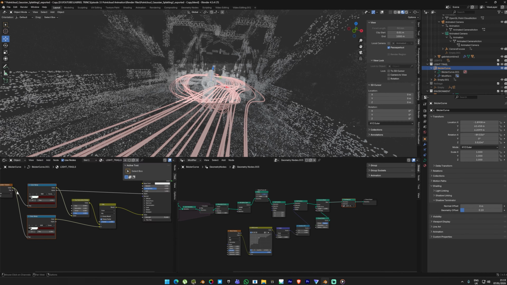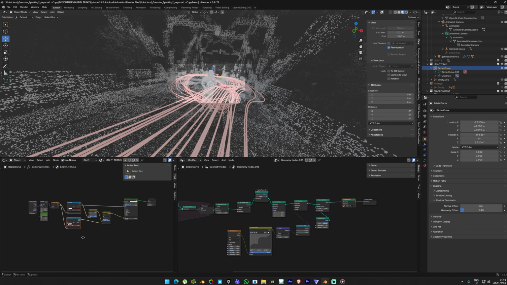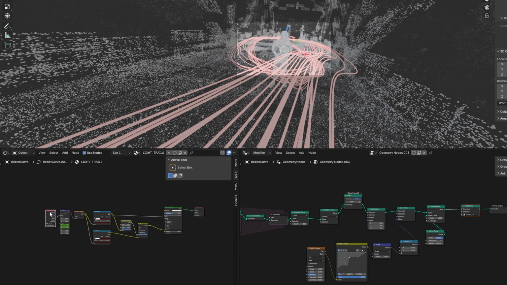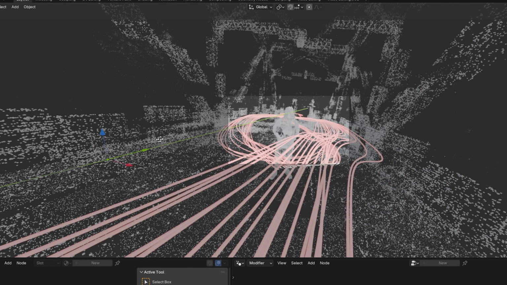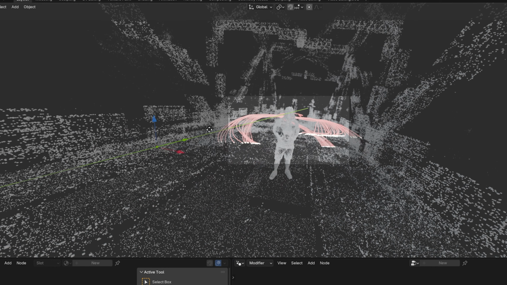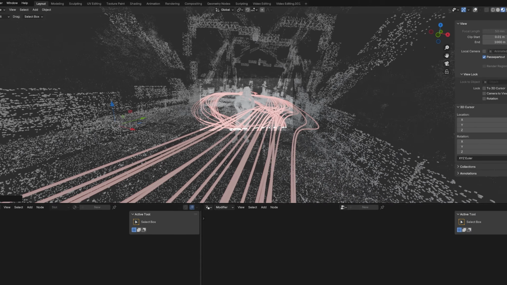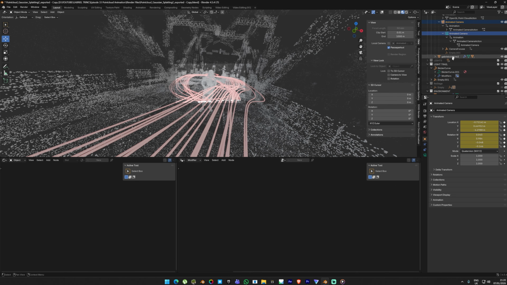trail. If I jump into the shader editor, you will see a few important nodes there as well. The first one is the texture coordinate node, where I'm using the object output and referencing an empty. This empty basically controls how the light travels to the trail. For example, if I move the empty forward or backward, you will see the light starting earlier or later along the curve. This empty is also parented to the camera animation, so as the camera moves, the empty moves along